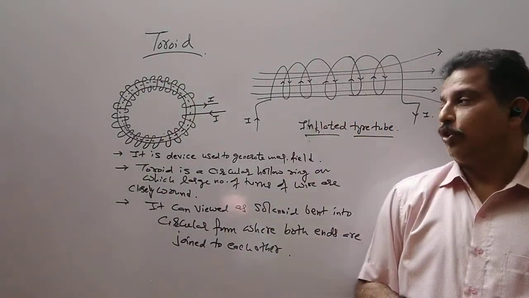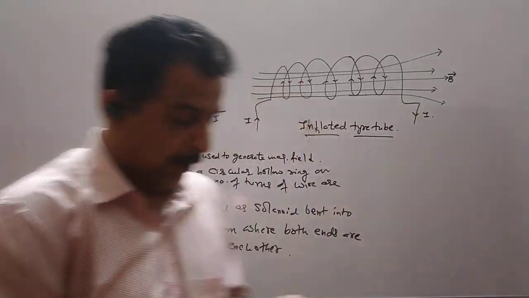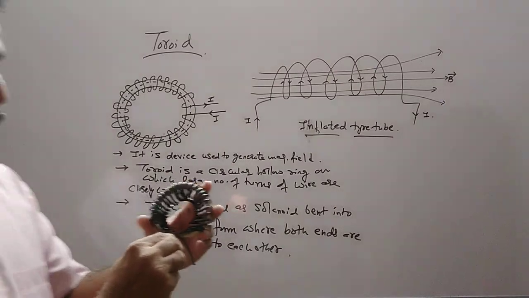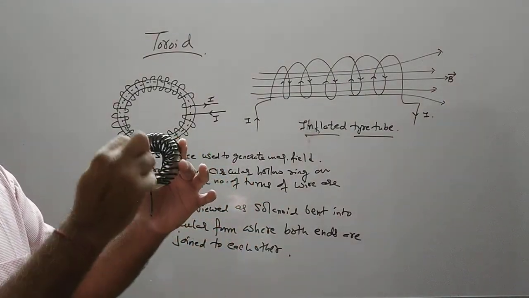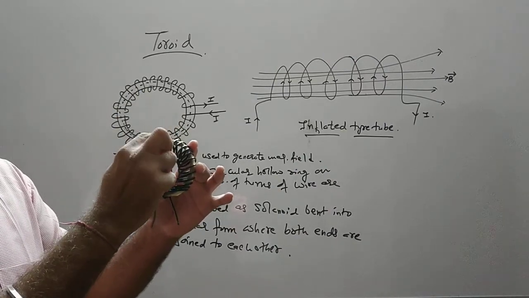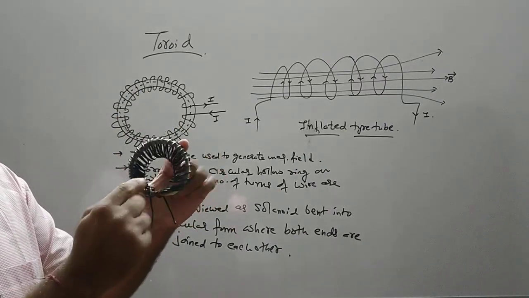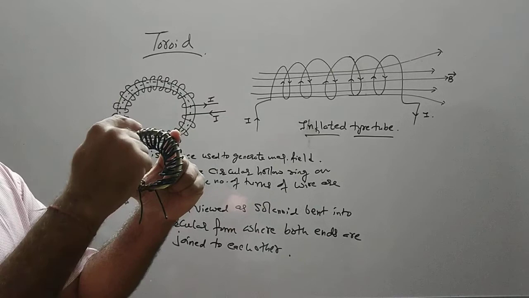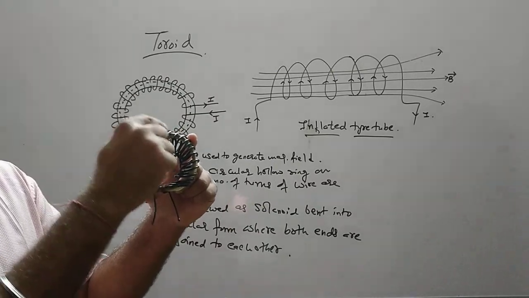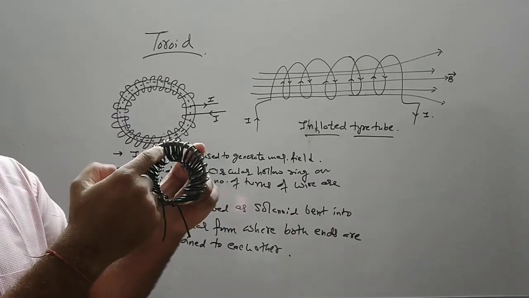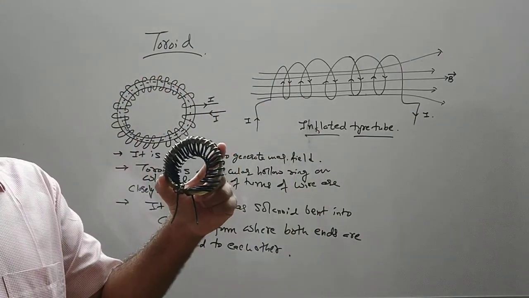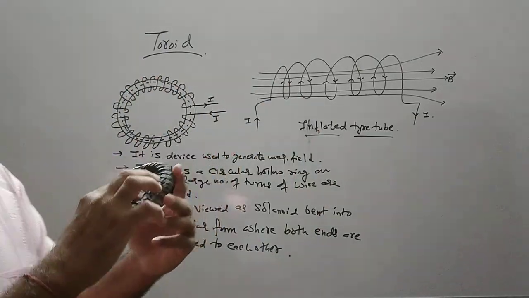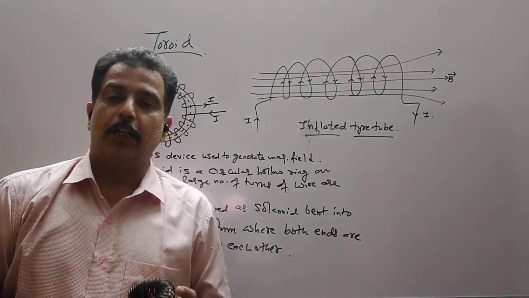intensity in the toroid. So let us see the situation. Now you have to take 3 points. One point should be inside the toroid, so this portion is a hollow region. This will be called inside the toroid. Another is on the toroid, on the surface of the toroid, but it should be inside the toroid. And the third will be outside the toroid. And we will use the Ampere circuital law.